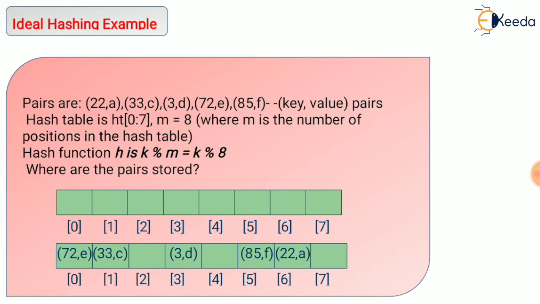The pairs are 22, A, 33, C, 3, D, 72, 9, 85, F. So those are the keys and values. Pairs in the hash table, HT is the hash table of 0 to 7, which means we have a total of 8 positions, and in the 8 positions we just have to store the data that we have in this ideal hashing example,